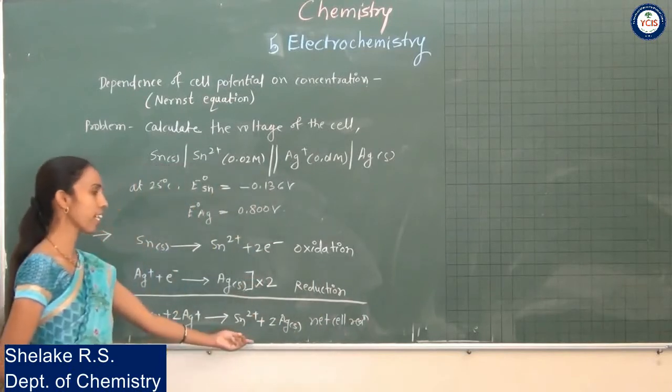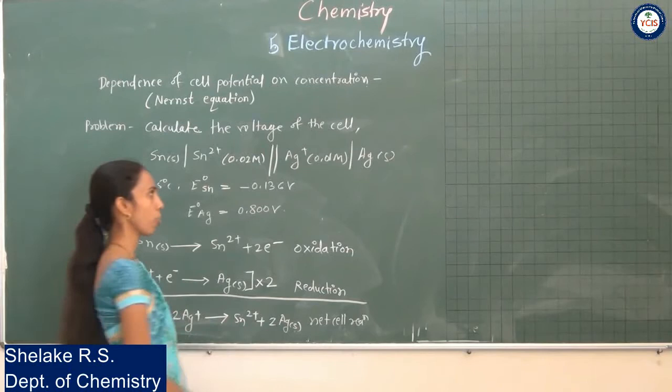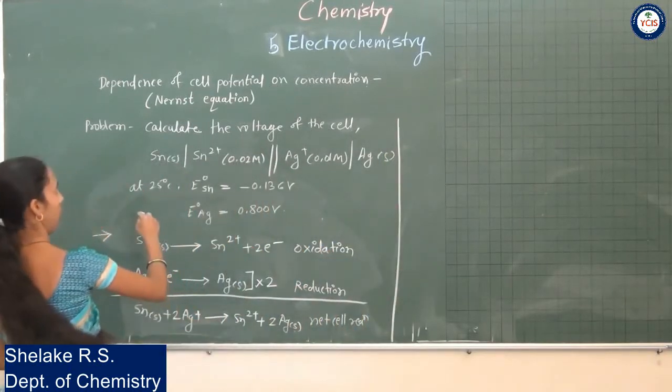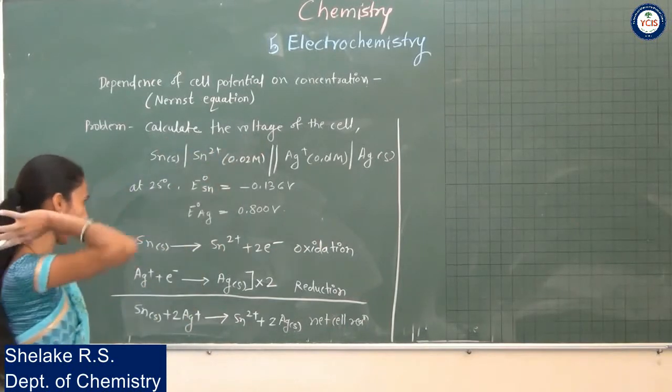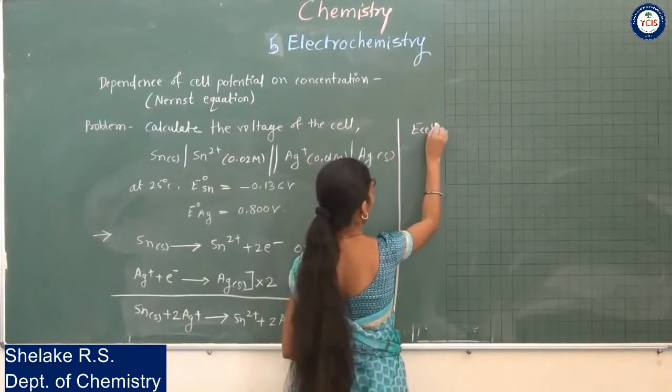Okay, the net cell reaction वरून आपल्याला काय मिळतं? Product आणि reactant. Okay, so from that we have to find what? Calculate the voltage of the cell. म्हणजे cell potential find out करायचा. So for cell potential, which is the formula, E cell is equal to